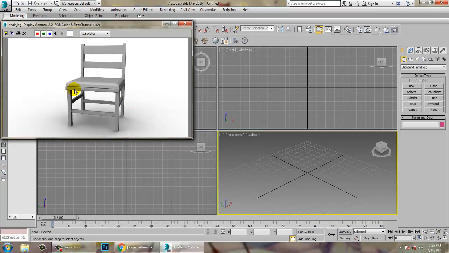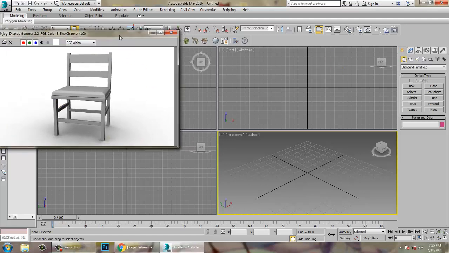Whenever you're going to start with anything, you should know what kind of shape can be utilized to create the things. As you can see over here, we can utilize the box. We are not going to work with any of the dimensions right now. So let's take a box.